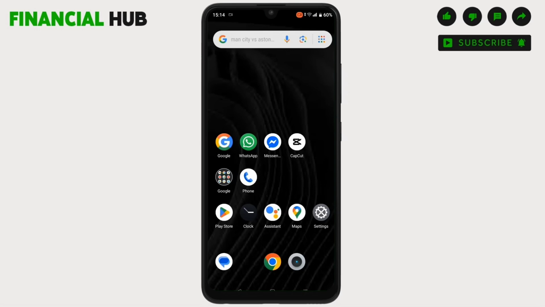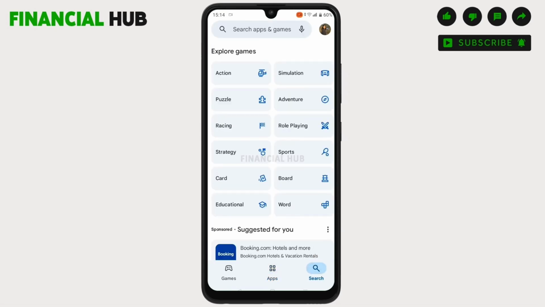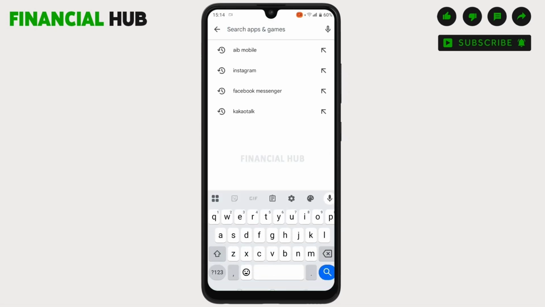First, unlock your Android phone and open the Google Play Store. Now tap on the search icon, usually located at the bottom right corner of the screen. And in the search bar at the top, type Edge Bitcoin Wallet or just Edge Wallet